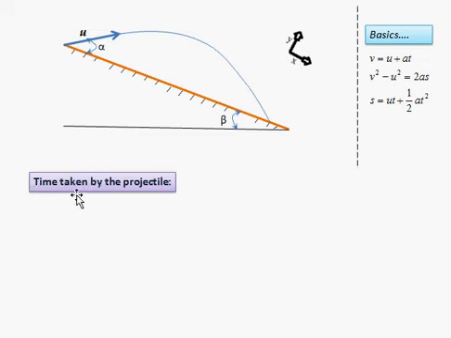The first one is the time taken by the projectile, that is, the time taken by the projectile to travel from this point to this point. I am taking the third formula, which defines the time with respect to initial velocity and the distance. First I am substituting 0 in the case of s, that is, the distance s. As the particle reaches this point, the distance between the particle and the inclined plane becomes 0, and hence I am substituting 0 here. The next step has to be with respect to u.